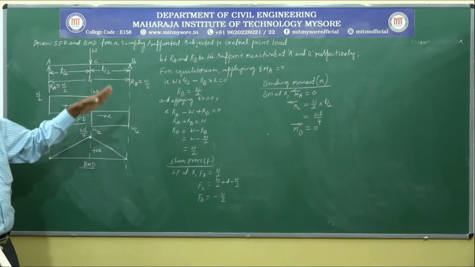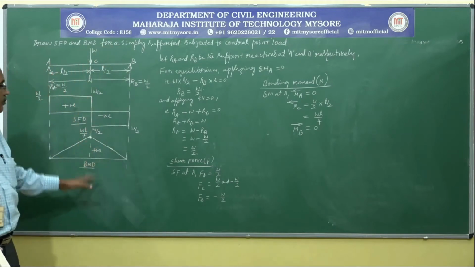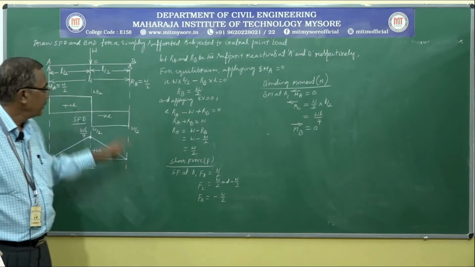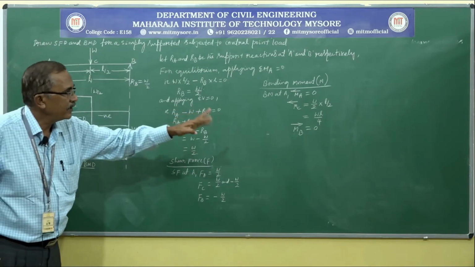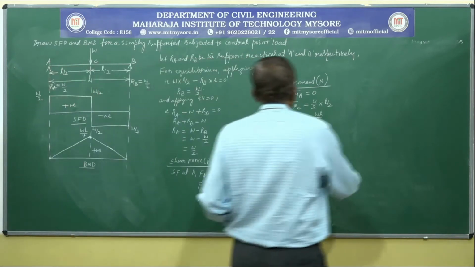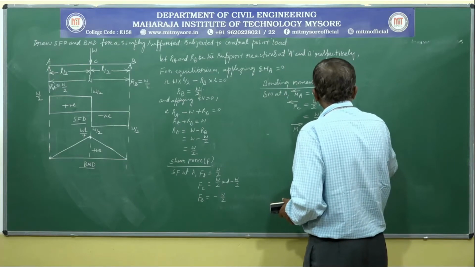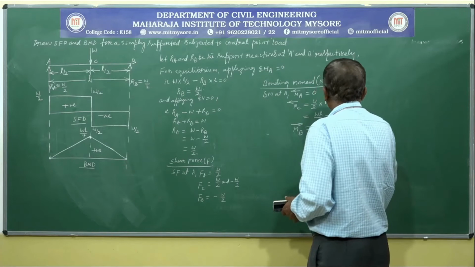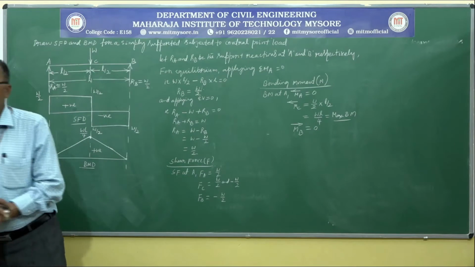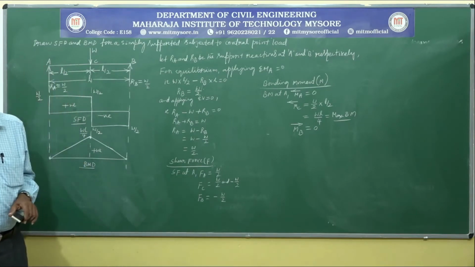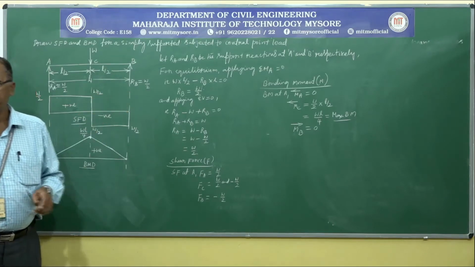Here onwards, if we come across this type of case, in particular if it is asked to draw the SFD and BMD or obtain the maximum bending moment, we proceed like this: draw the shear force diagram and bending moment diagram after calculating, and we can express that MC is equal to WL by 4, and that is the maximum bending moment. So for a simply supported beam subjected to a central point load, the maximum bending moment is equal to WL by 4.